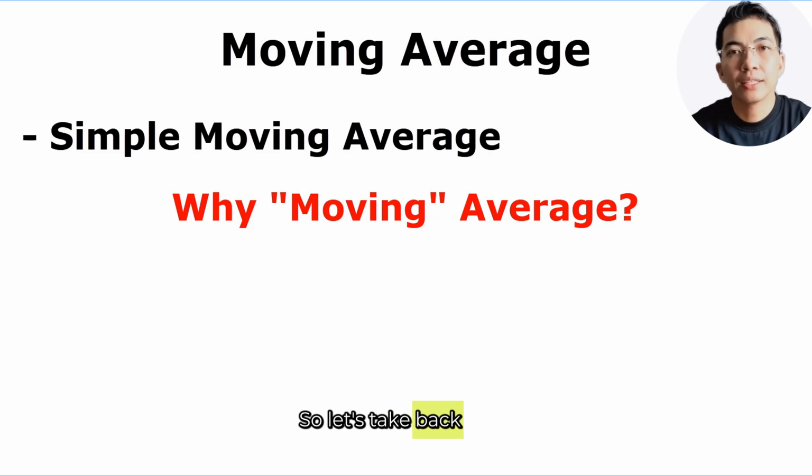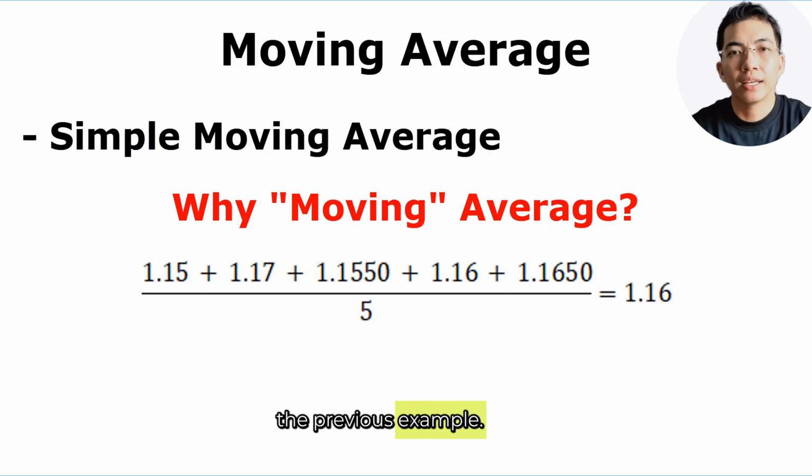So let's take back the previous example. These 5 prices refer to the closing prices of the last 5 candles. When a new candle is formed on the market, the moving average will automatically replace the oldest price with the new one. So the moving average will not include 1.15 anymore in this calculation, but we will have the new price. So let's say that the new price is 1.18. The new moving average level then will be